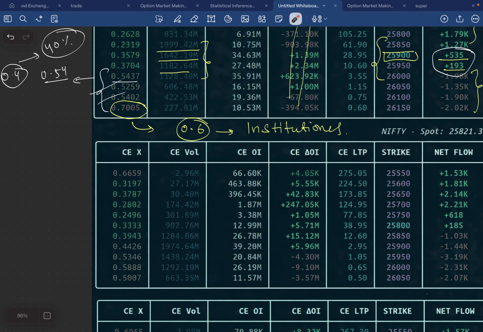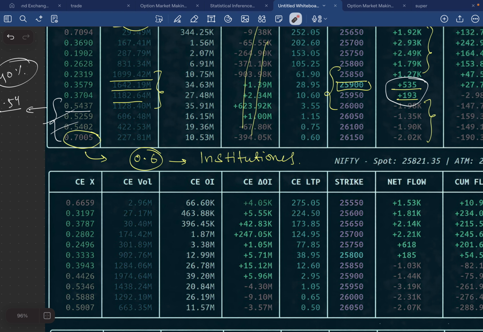Okay, so we will have to then plot the dynamic graph of it, so we know until when there was institutional activity and when there was not. So that is the dynamic part. But for this particular thing, we have this information that there was institutional activity and these all had the institutional activity. We can see that